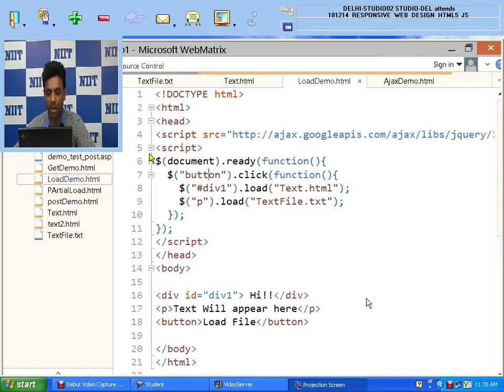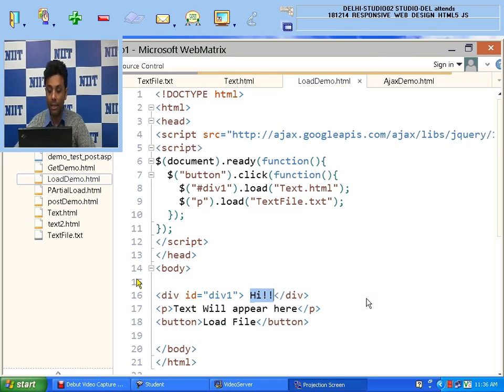These two files I want to load in my web page, and the coding which I am doing for this is, initially, I am writing the document ready function, and then I use a button. Button is the element name over there. I want to use a click event. Then I want to load the text.html file, and I want to add it into my div tag. So this is my div tag, it means the content will appear here.